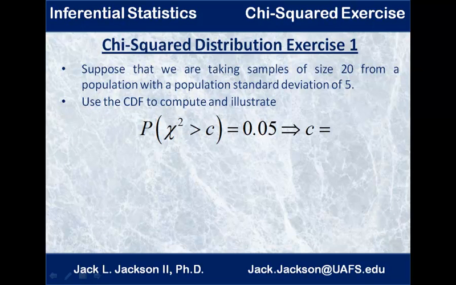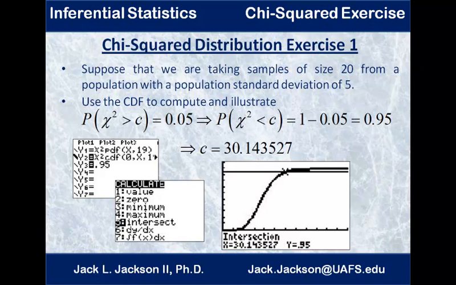Let's try another one. This time we want essentially a right-tailed area. Probability that chi-square is greater than c. Of course, when I refer to the area, I'm thinking about the PDF curve. What we really want to think about is just the y values on the CDF curve. See if you can do this one now. Press pause. Okay, now that you're back,